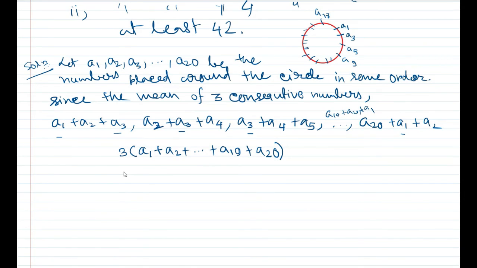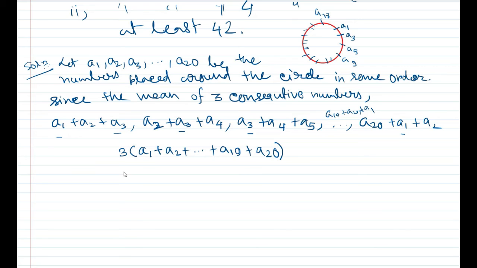Okay, so each number occurs 3 times across the sums. So if we sum up all the sums, then the total is 3 into (A1 plus A2 plus ... plus A19 plus A20). Okay,